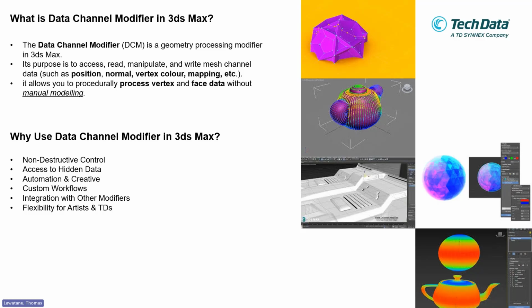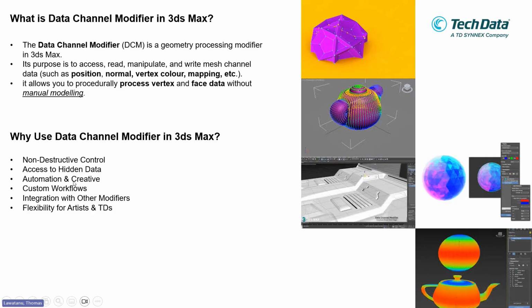Sometimes, for example when you do UV mapping, you need to take an approach to do some UV settings. But right now, you can use the Data Channel modifier to adjust, let's say, the shading inside it. Next I will show you how it helps you deal with shaders inside 3ds Max. Okay, and then the third is creative automation.